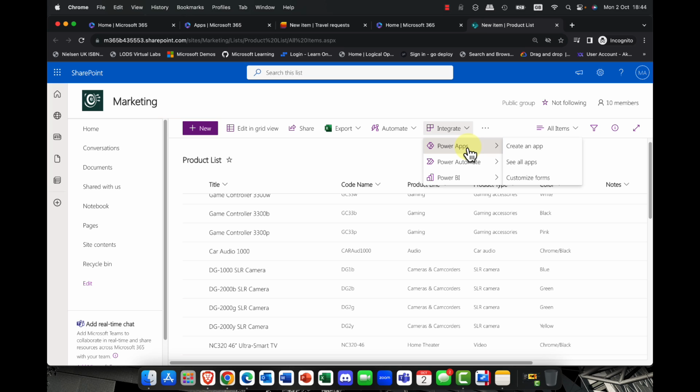And you can also integrate lists with the likes of Power Apps. You can configure a flow in Power Automate. And of course, as I said, you can push this out to Power BI, as well as easily sharing this content. So with all the options that are available, definitely Lists is my number 2 on one of my favorite